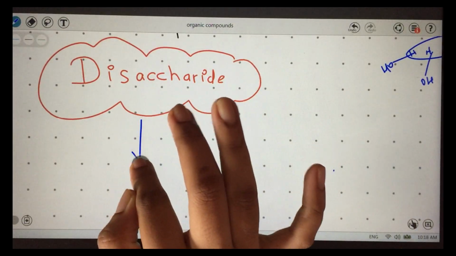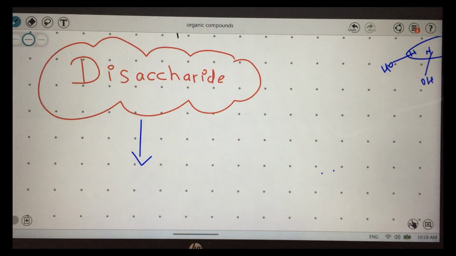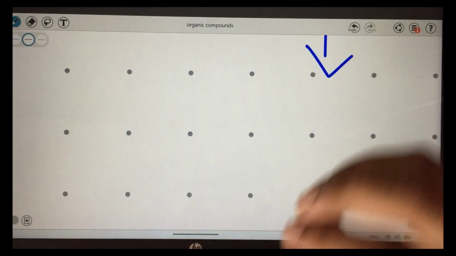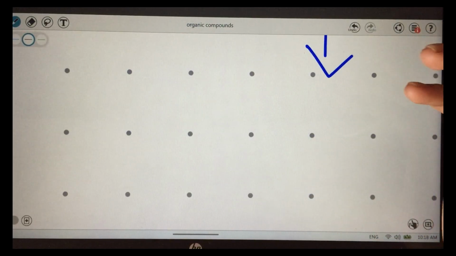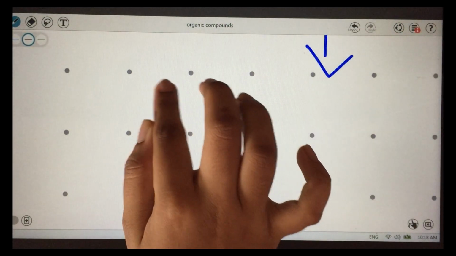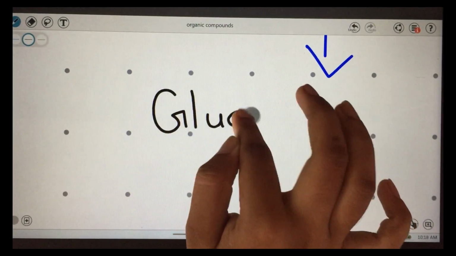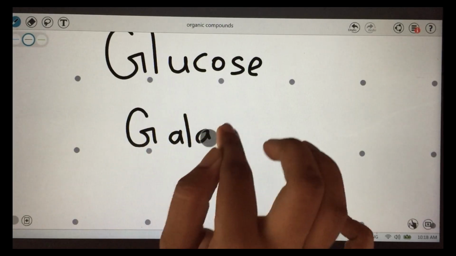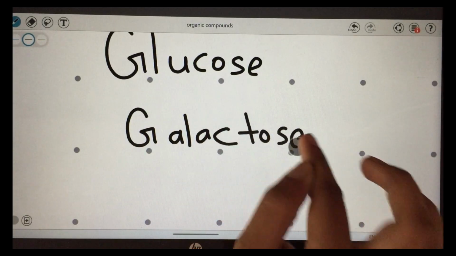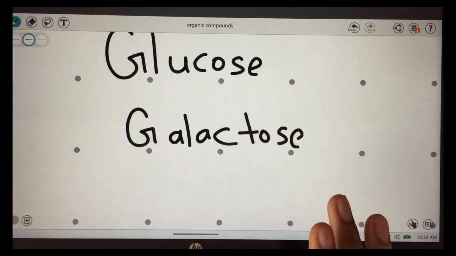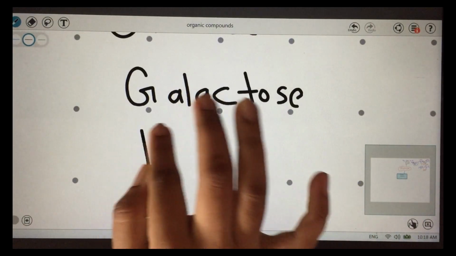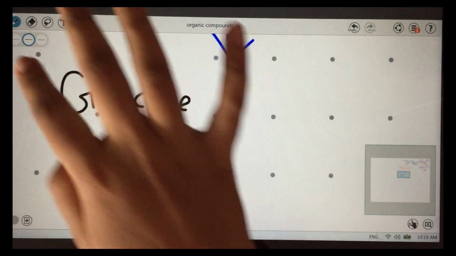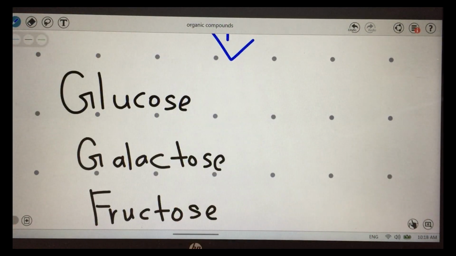Now this was also there in your O level, so there is nothing much new, just for you to write that equation properly. So what are the three now? Three very common monosaccharides that we know are what? Glucose, and then we have galactose, and then we have fructose. Okay, there's nothing to confuse in this. Three examples: glucose, galactose and fructose.